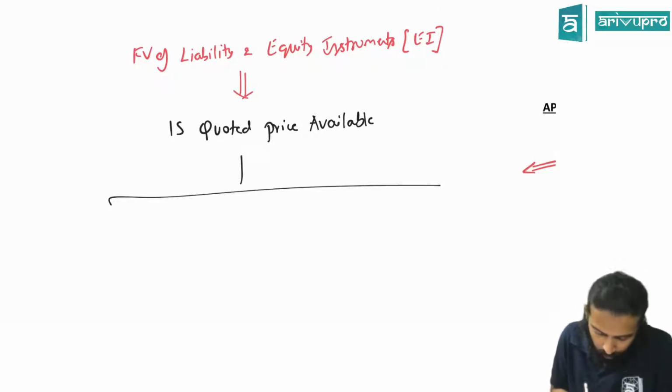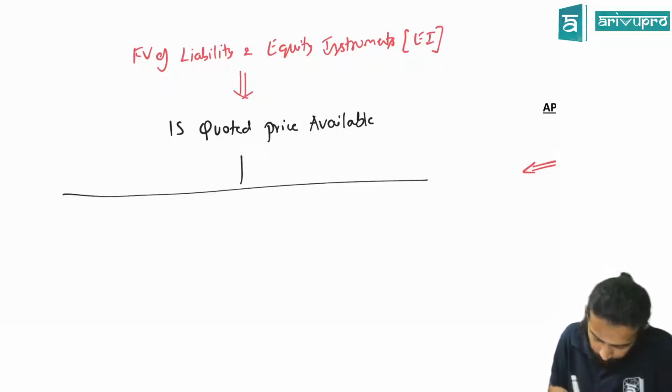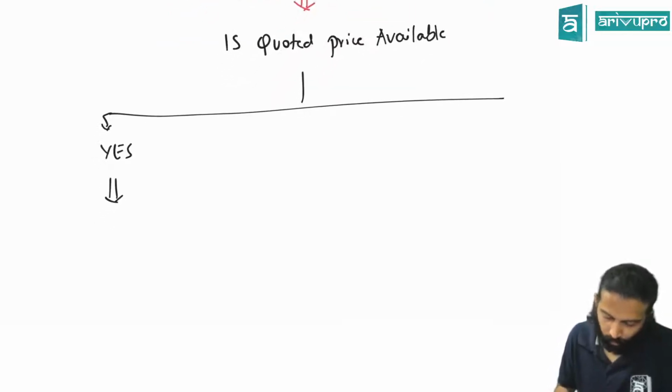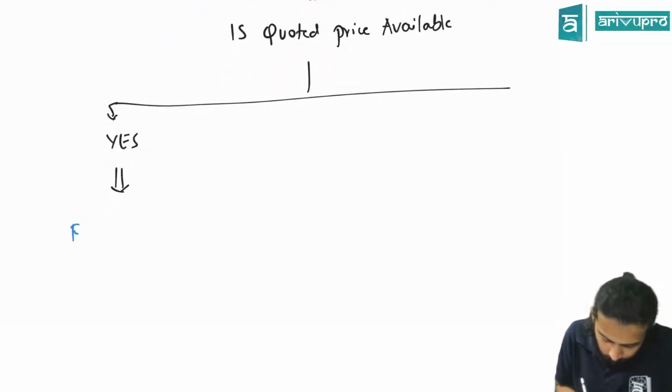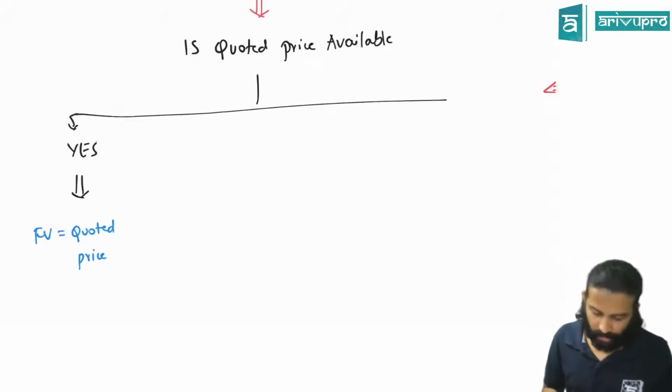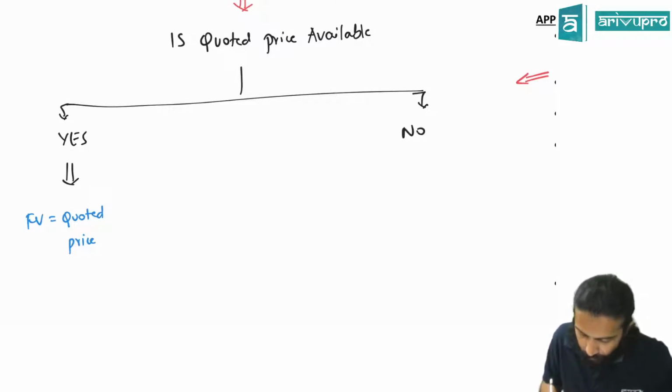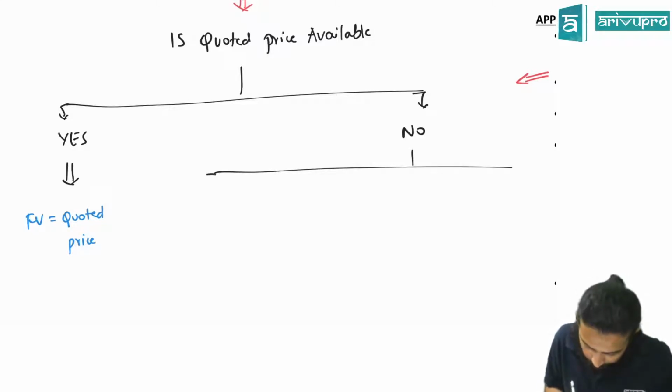If the answer to this is yes, then fair value is equal to quoted price. If the answer to this is no, there is no fair value available, then you have to check